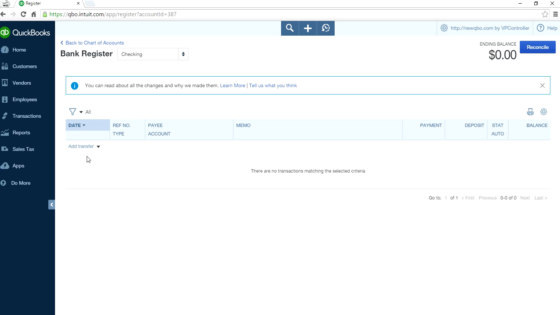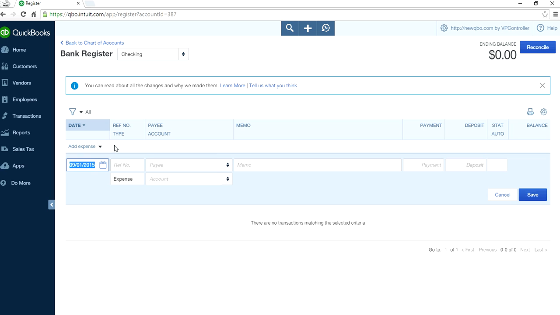And to enter a transaction, this is where you enter it. Right now you're seeing Add Transfer, but normally you will see the default. When you open this, you may see it like Add Expense. Okay, Add Expense, like a sticky one. So next time you will see Add Expense here. Okay, so this is the two-liner